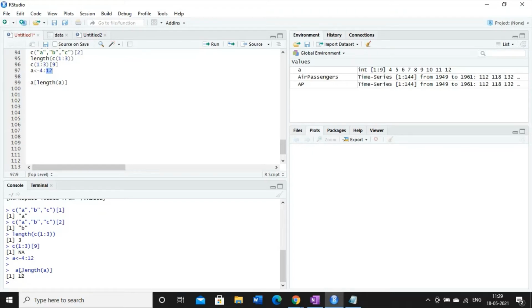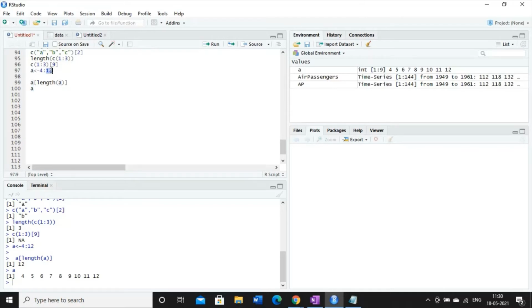So here the last element of the vector is 12. Now you may ask me how you could understand that this is the last element of the vector. So now a is the variable which is holding the vector. So if I print A, let's see the output. If I print A, I can find 4 is to 12, means it is giving values 4, 5, 6, 7 up to 12.